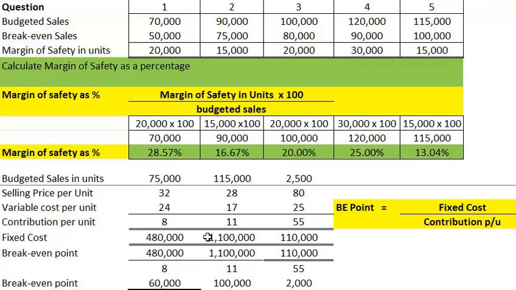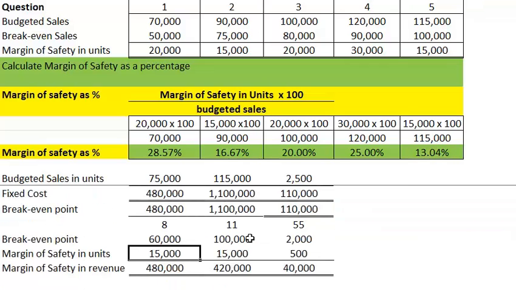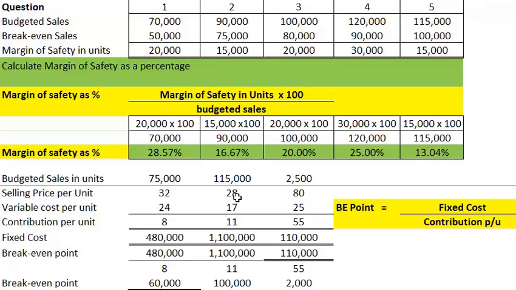In the same way, as we have in this question, we are given budgeted sales in units of 115,000. Our selling price per unit is 28 pound per unit. Variable cost per unit is 17 pound. Contribution per unit is 11 pound. Fixed cost given to us is 1.1 million. In order to calculate break-even point, we will divide fixed cost by contribution per unit. Fixed cost of 1.1 million divided by 11 per unit contribution margin, we arrive at a break-even point of